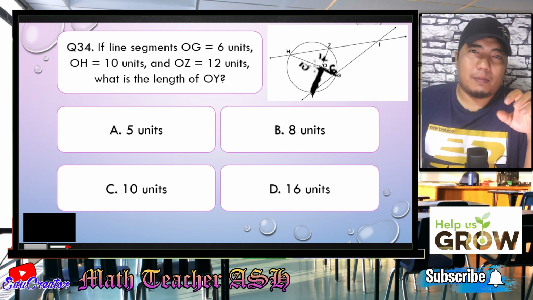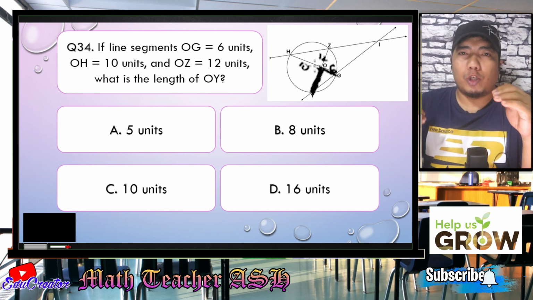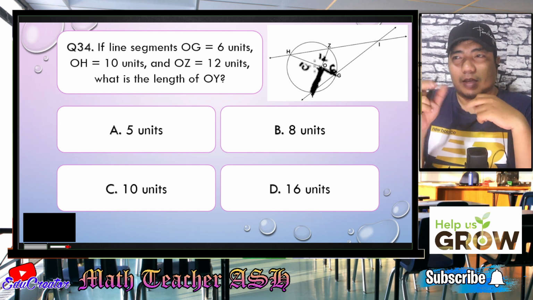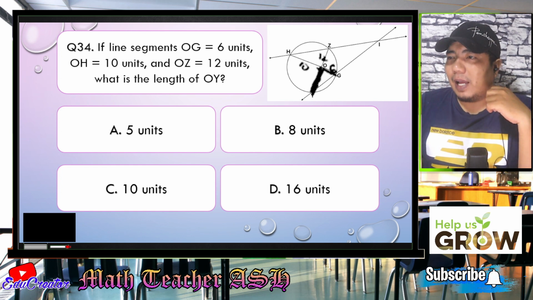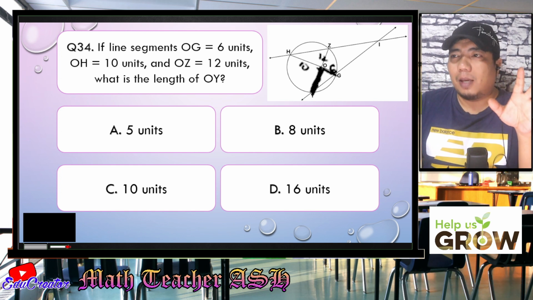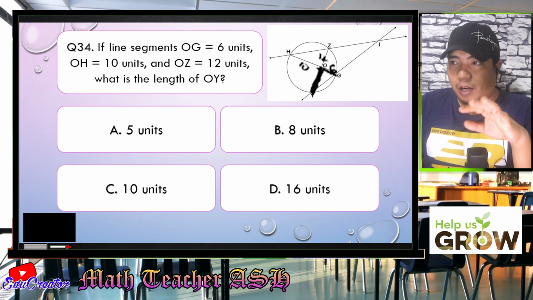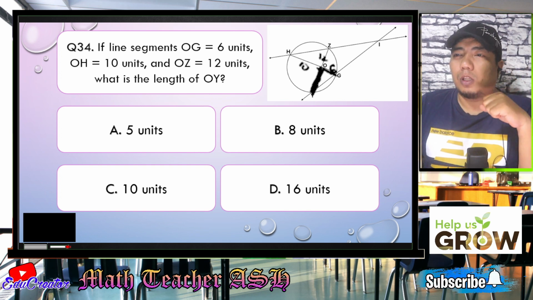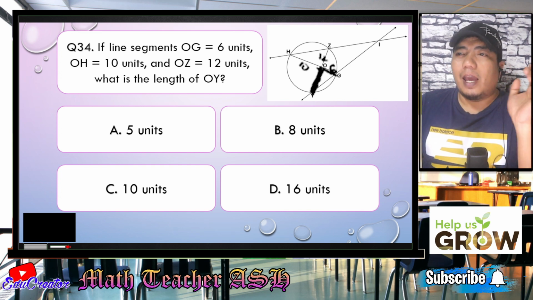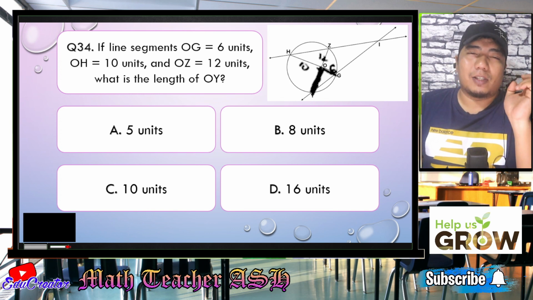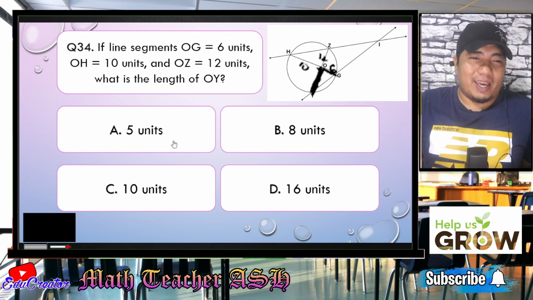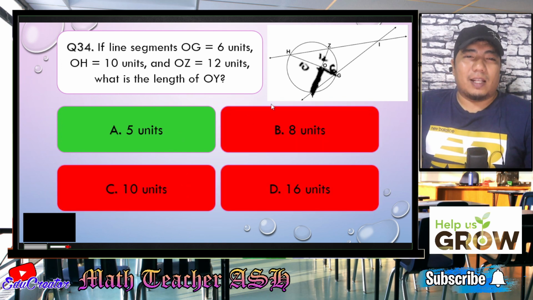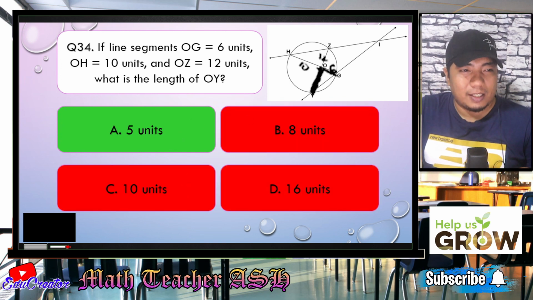Now, in the circle, my dear math learner, the relationship is that when you multiply the two parts, it is the same product as the other two parts. So, the product of 10 and 6 should be the same as the product of 12 and that number here. How do we get that one? We multiply 10 times 6, that is 60, and 60 divided by 12. The correct answer is letter A. Easy, right? So that is 5. I hope that is clear to you, my dear math learners.